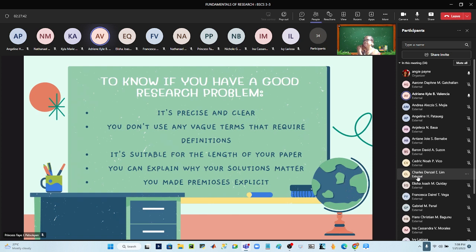So, it's suitable for the length of your paper. So, syempre, meron kang time limit sa paggawa ng paper mo. So, kung mahaba-haba time limit mo, syempre, mas mahaba yung magagawa mong paper. Pero if very congested lang yung time limit mo, yung deadline mo, syempre, hindi gaano ka haba yung magagawa mo